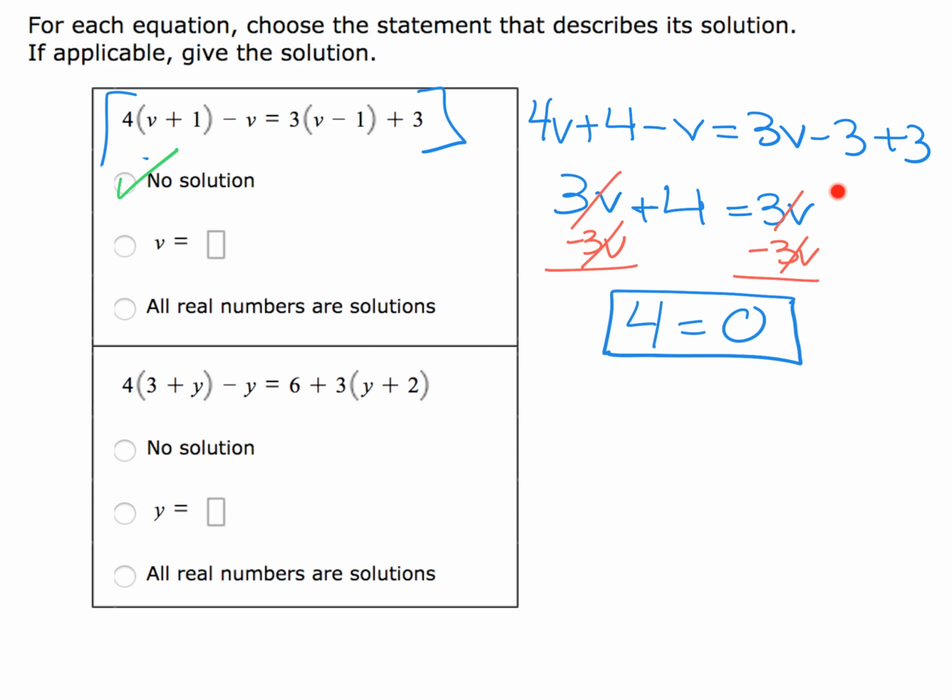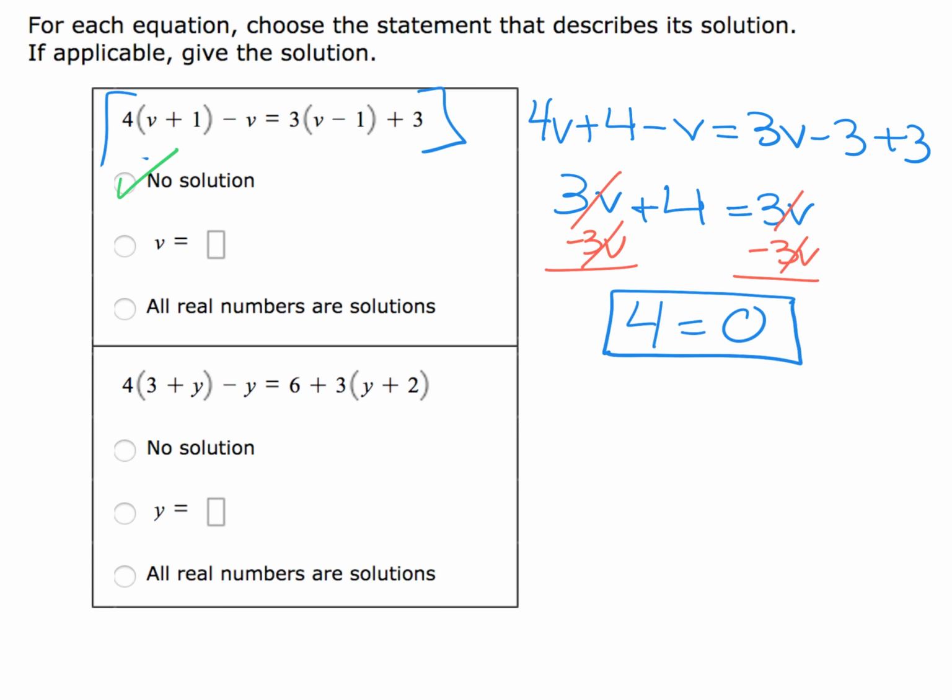I mean, even looking at it from this step right here, 3v plus 4 equals 3v. Is there any number that I can plug in to make 3v plus 4 equal to 3v? Well, no, because whatever 3v comes out to be, this is going to have to be 4 more than just 3v, right? And so no number is 4 more than itself, right? So basically just thinking about this whole thing as a whole, right? If this is true, or rather, if the original thing is true,